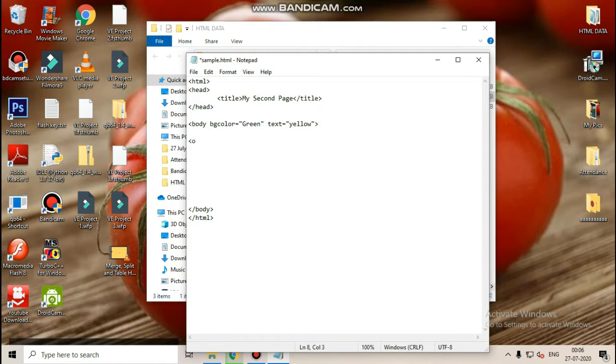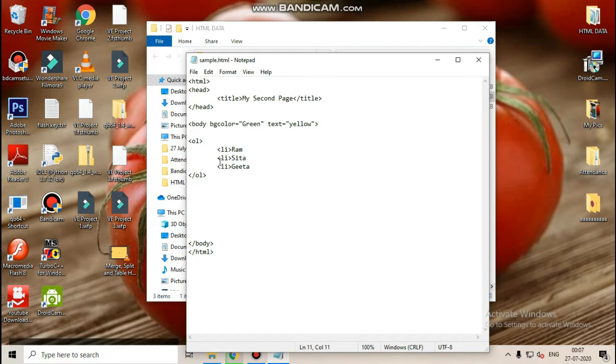So here just click order list. I'm going to do first OL. Now type li. There is no need to close li. I will take only 3 li. Here I will close this tag OL. Done. If you want, you can write like this also, but this will not affect the design. Now I can write Ram, Sita and Geeta.